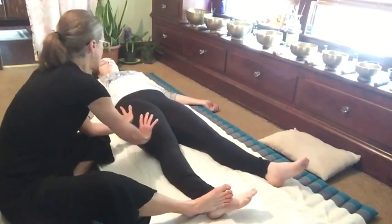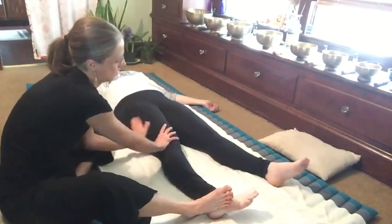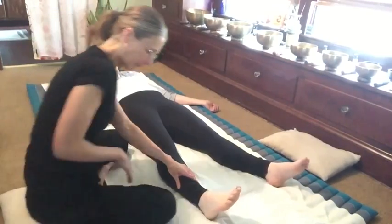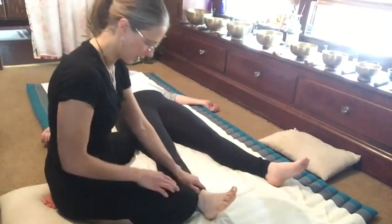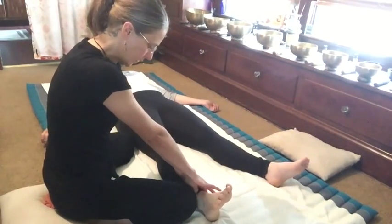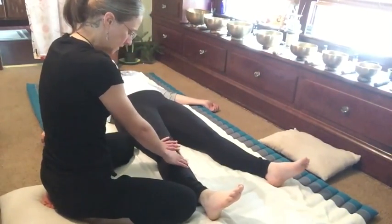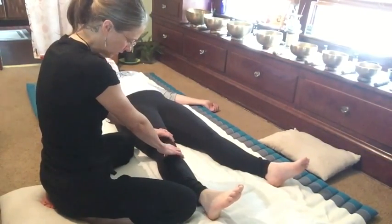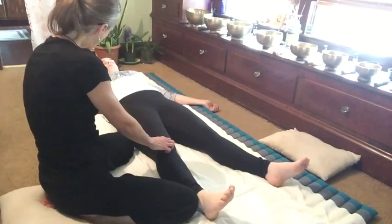And again, from the side here, it turns into circles. We can get all the way up to the hip, working it way back down. Nice. So, if I were to hold with my knee here, again, thumb presses, here's the fossa in front of the foot, and then I'm finding the tibia edge and diving down again into the tibialis anterior, that soft tissue, and up into that T of the tibia, soft circles around the patella edge, finding that external corner, and then the hip,